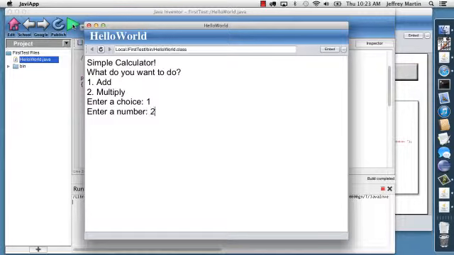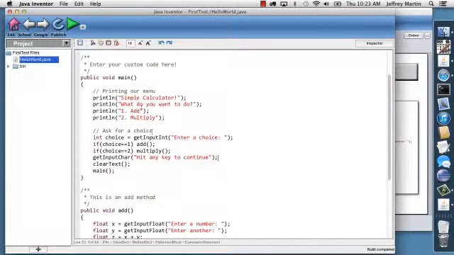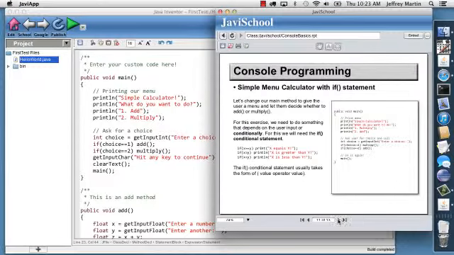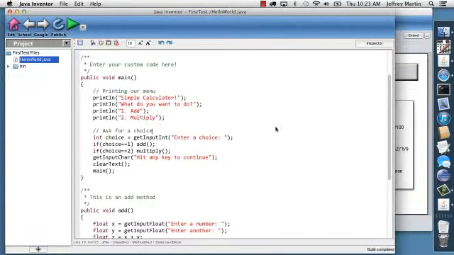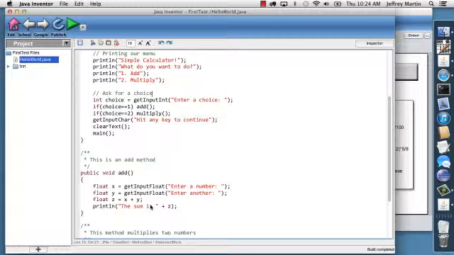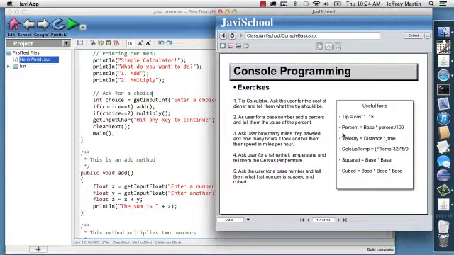So we'll say we want to add, and 22 plus 33 is 55. Hit any key to continue. So we hit our key and it goes back and runs again. This time we'll say multiply, and 12 times 12 is 144. And we can keep going here. So now we have a simple calculator with a menu system. So from here, we have all the tools now to ask the user for values and do simple mathematical expressions on those values and print the result. So now you're ready if you've got math class or science class and you're doing